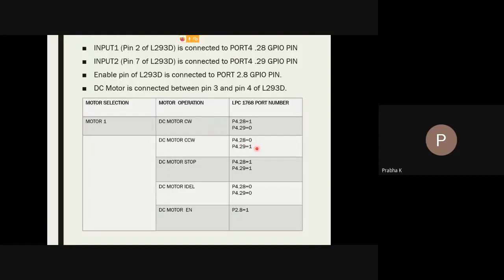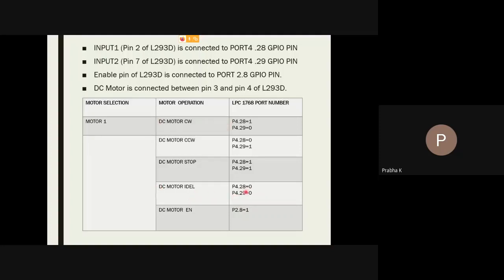If you make the logic levels 1, 0, pin number 29 of port 4 is 1 and pin number 28 of port 4 is 0, the motor rotates in the clockwise direction. If you make both the pins high, your motor stops. If the motor is running, it stops. If you give 0, 0, it will be idle, no operation is carried out.